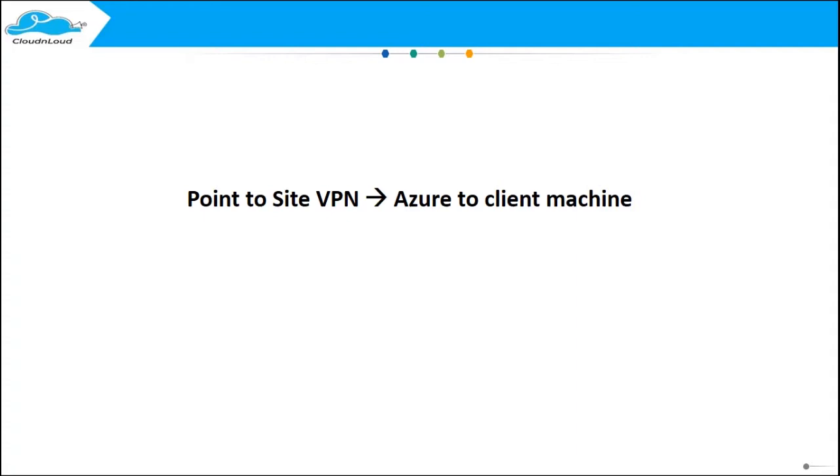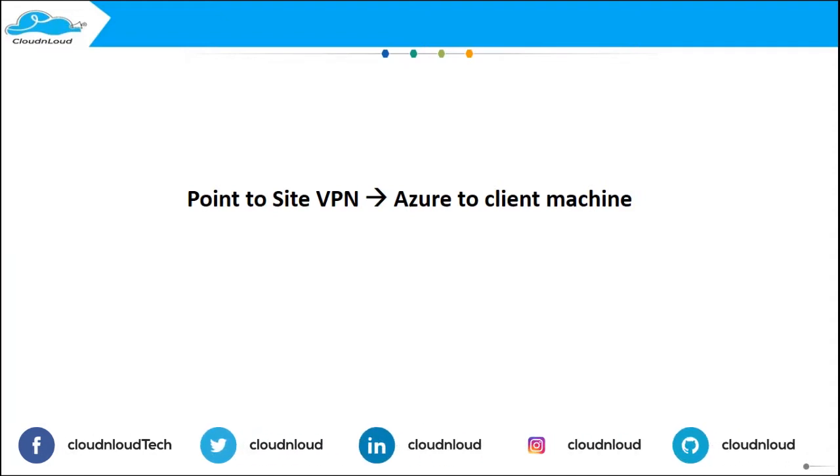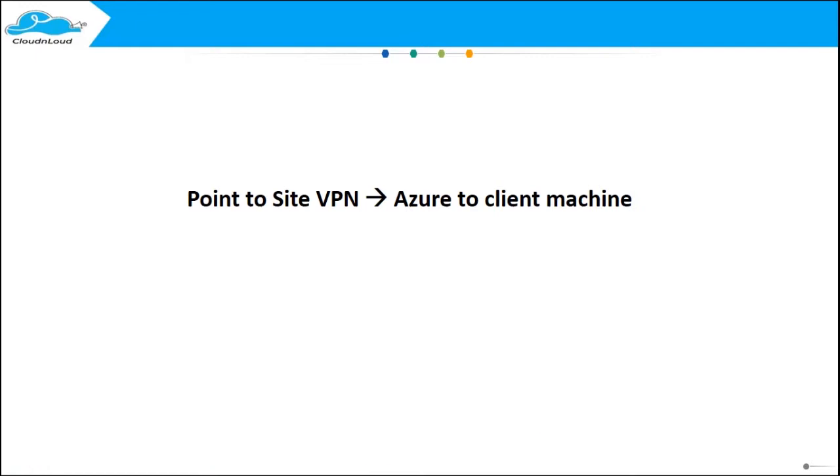In this session, we are going to see point-to-site VPN, how we are working from home these days. Whenever we want to connect to our office network, we will first log in through VPN. Then all your office intranet, all the servers, everything will be accessible, correct? Your HR page and all.